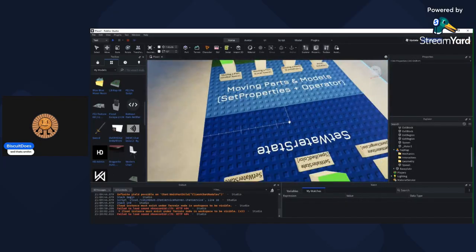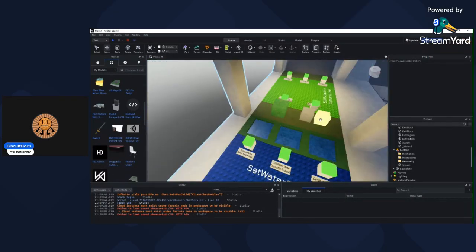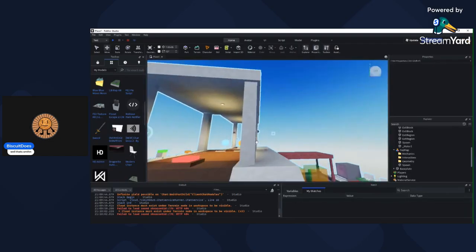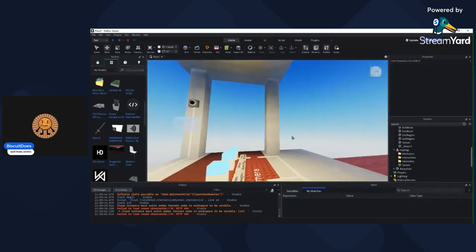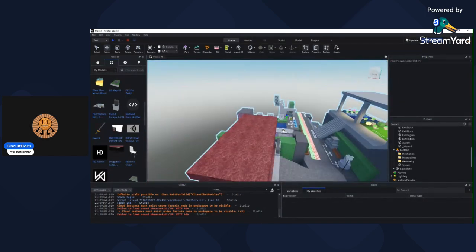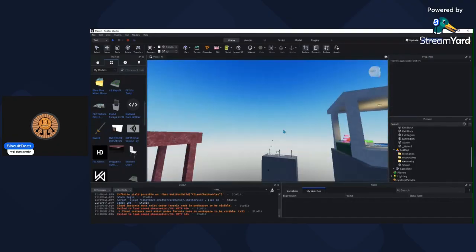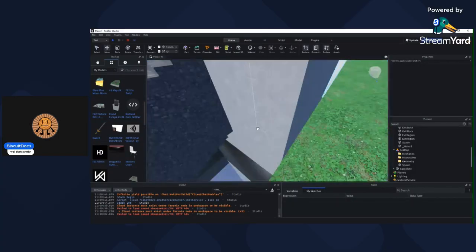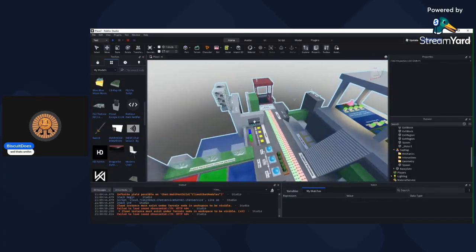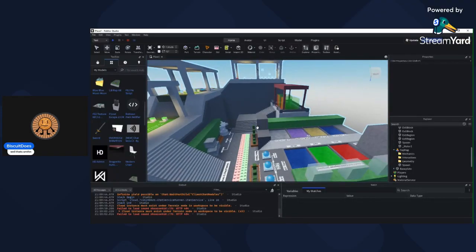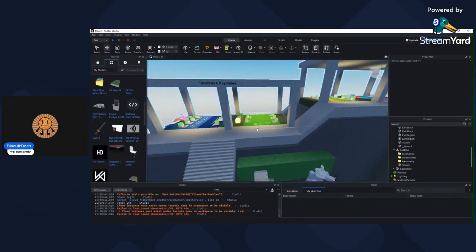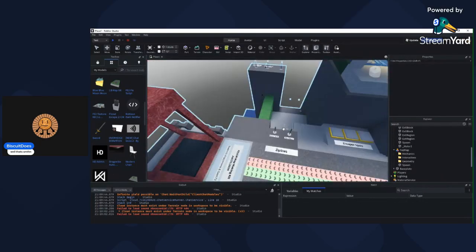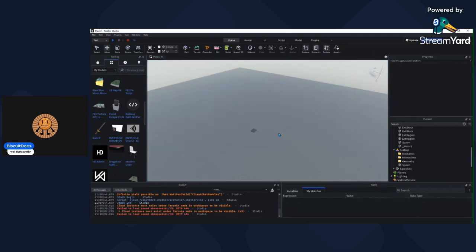Look, I do kind of know how to make Fe2 maps, but not really as much. I actually started with that test map that I have on my second channel. The thing is, it took me so long just for it to work, but I actually had it working now. But anyways,